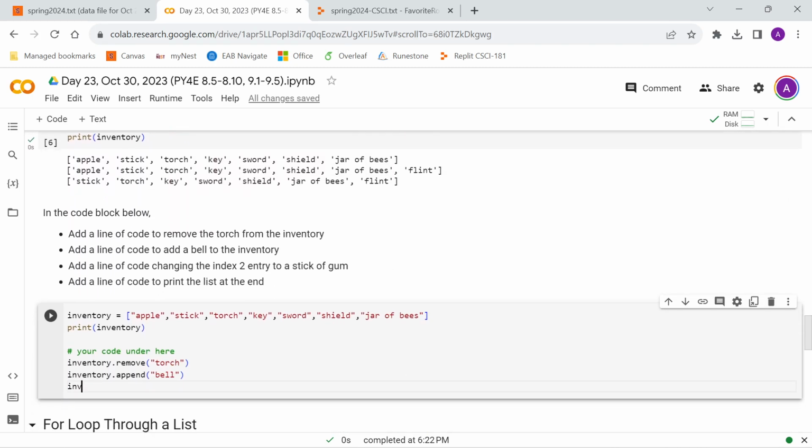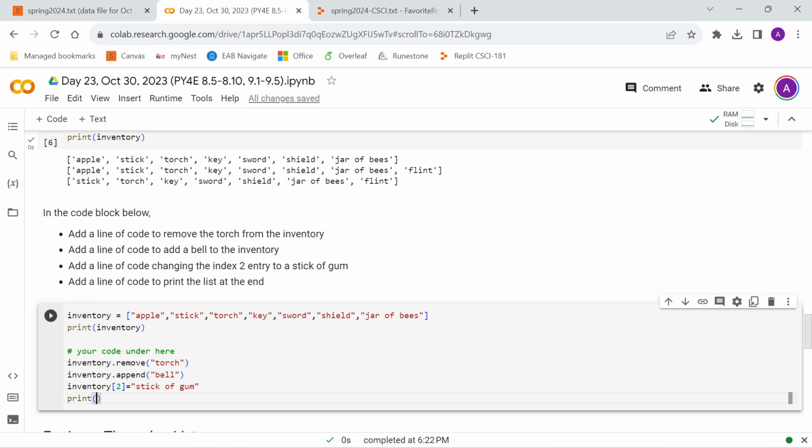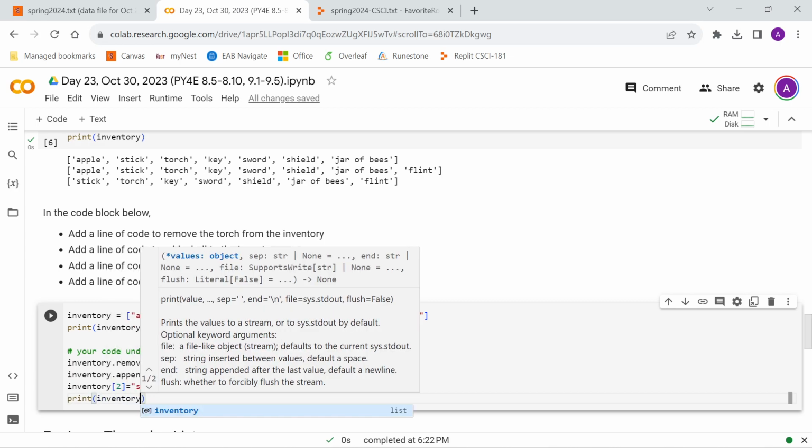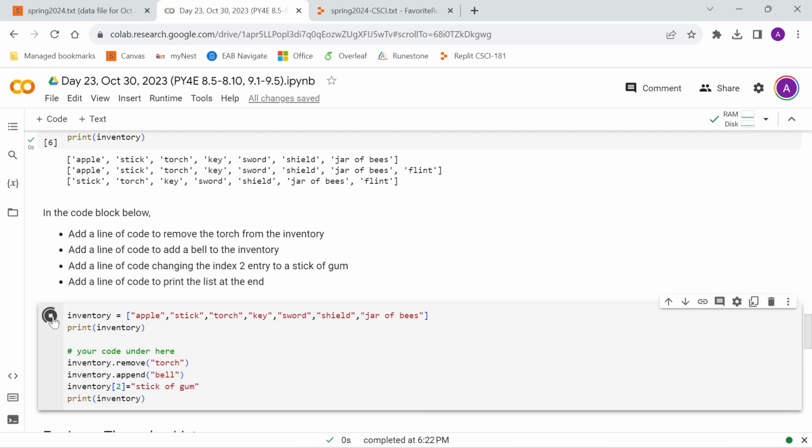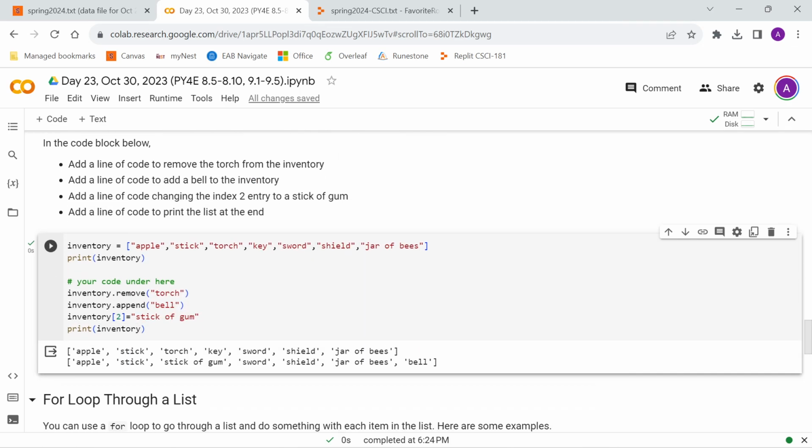So I'm going to do inventory bracket 2 equals, and I'm going to change this to stick of gum. And then lastly, I'm going to print out the updated list so it can confirm that my changes worked. Okay, so we see the index 2 entry, which was,